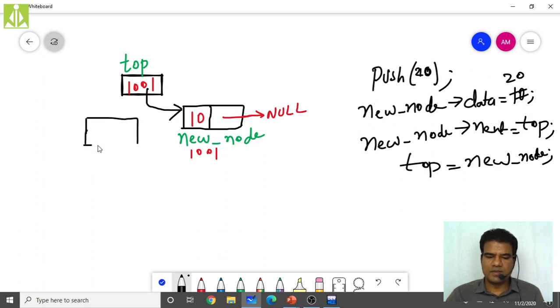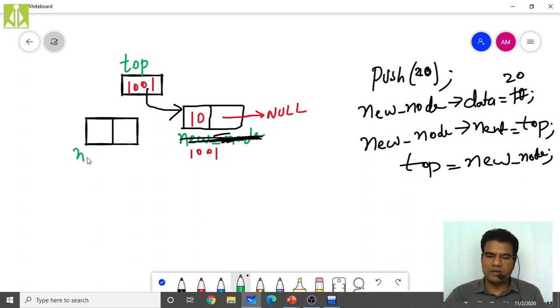Okay. This is my new node, with two partitions. So this is the new node now. This will not be the new node anymore. If you are making this the new node, as you are giving the same identifier to this one, this will not be the new node anymore.